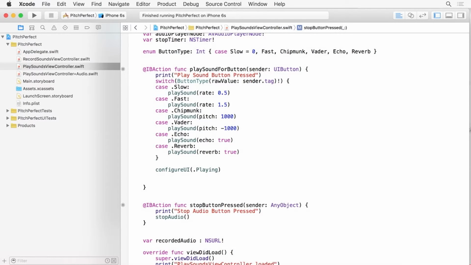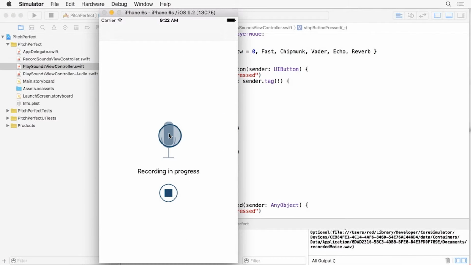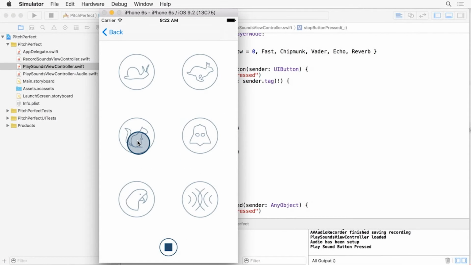You should be able to record yourself and hear the playback with a variety of sound effects. Let's try it. Swift is great. In a very short amount of time, you got Pitch Perfect built from the ground up, a